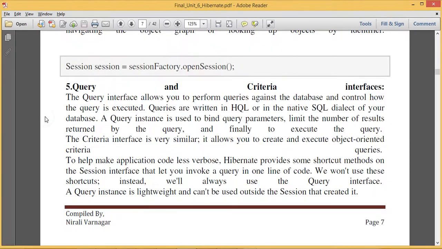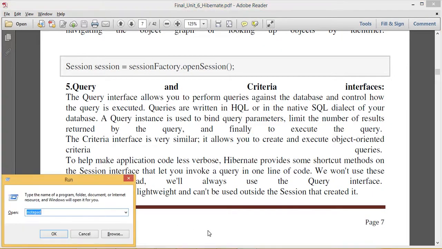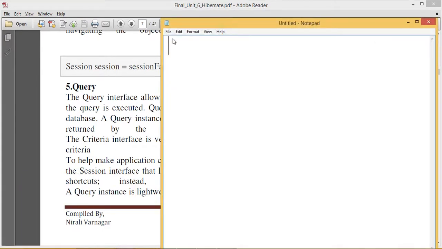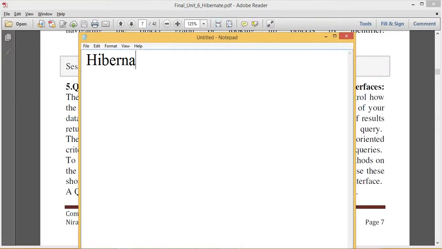So let us start with the applications of it. Let us create a simple Hibernate application. To create any Hibernate application we require 4 different files. So I write down those 4 files.